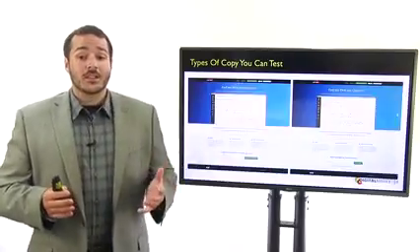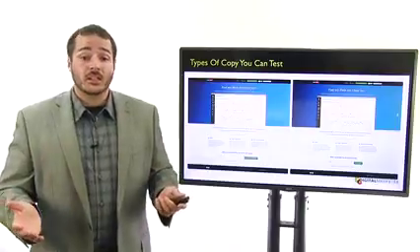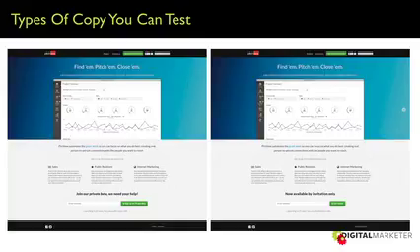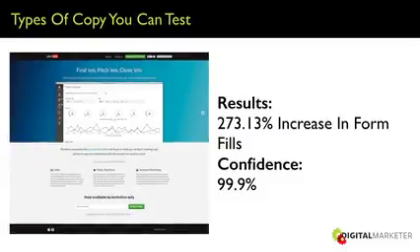And here's another example. I like this one. This one's fun. This is a call to action test where they're saying "sign up for private beta" on the button versus "get invited." And if you'll see at the top, it says "sign up for private beta" in the navigation bar. But the only thing that changes there is the call to action below the fold, "get invite" versus "sign up for private beta." And the winner here, at a 273.13% increase in form fills, was